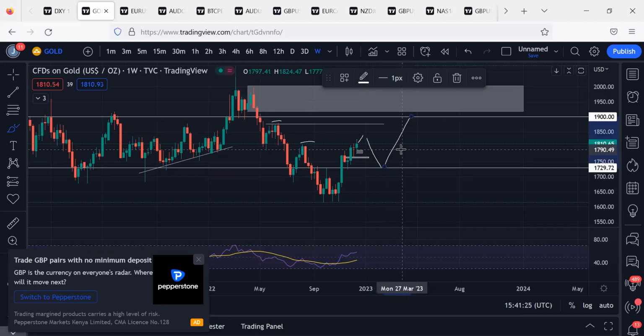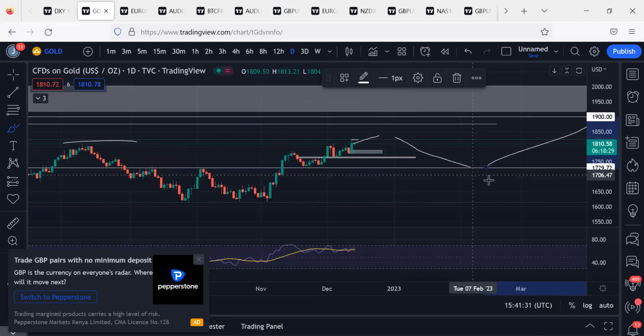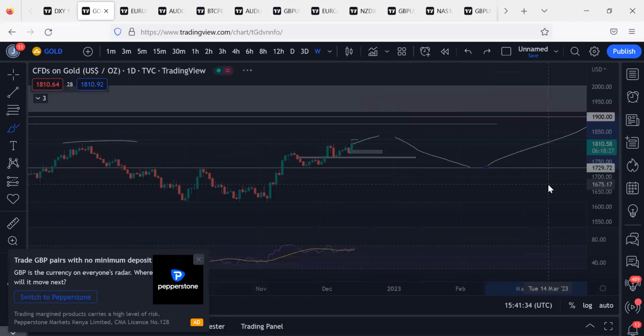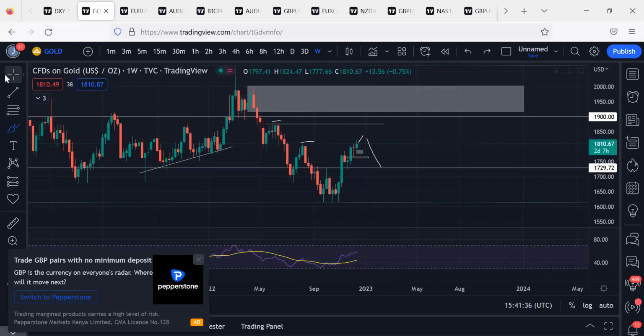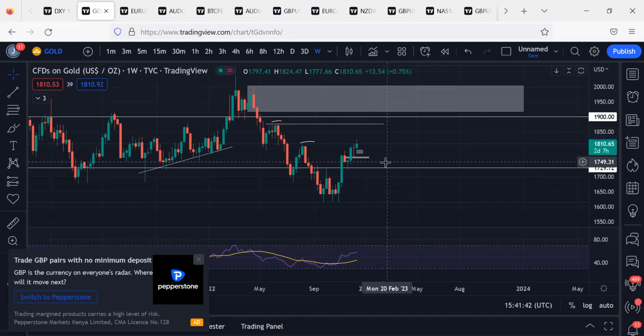So you have to follow price action. Follow your daily, follow your weekly, and see what is happening, how the prices are going before you take a trade. This is why you are losing money, because you don't understand price action and market structure. You understand? This is the best I can do for now.